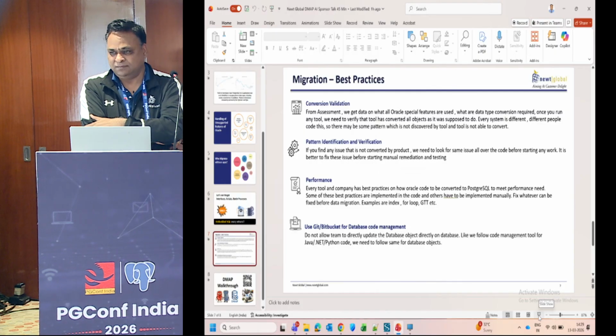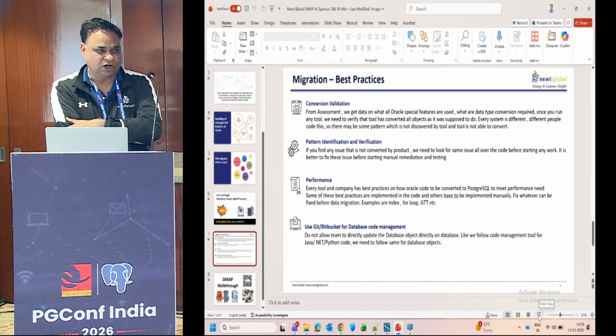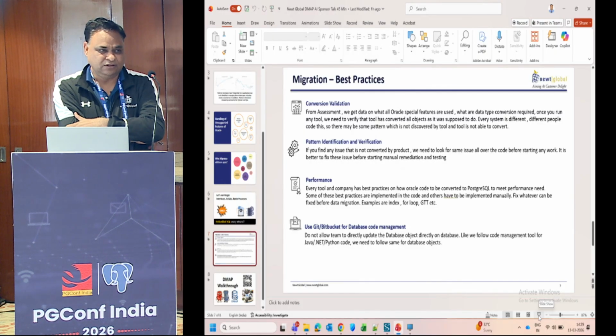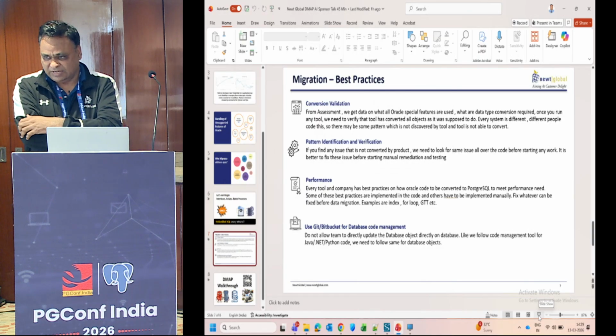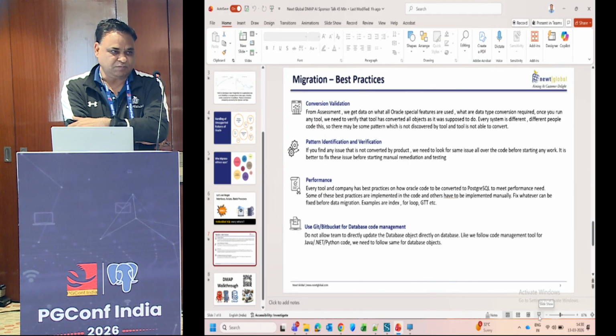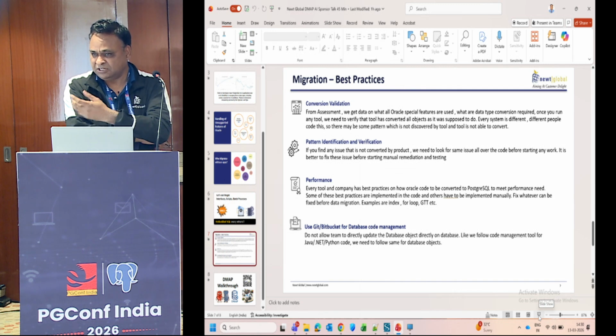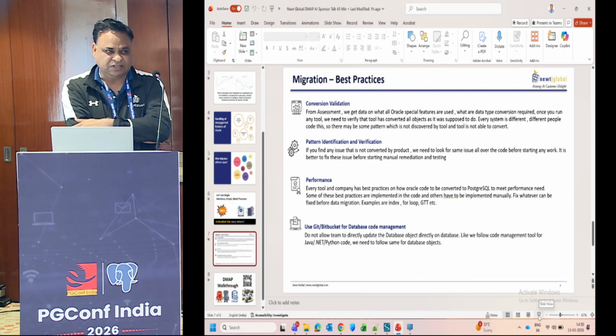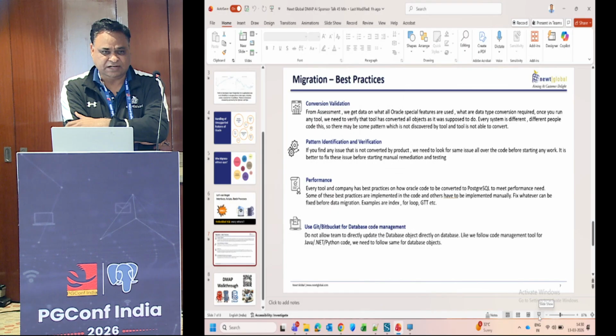And that creates problems. So you have to adopt this strategy that from the very beginning, you put in a strict compliance rule that yes, it has to go through GitHub only. There are tools available in the market which can scan your database and generate the individual PL/SQL statement for each stored procedure, function, or trigger. You just make that policy that any change has to be done through GitHub only.